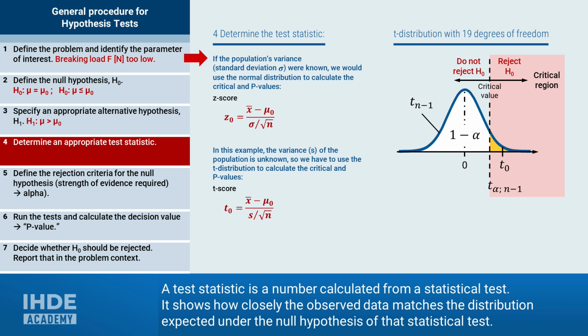If the population is normally distributed and the variance of the population is known, the quantile Z0 of the normal distribution is used for the mean values. This is calculated from the mean of the sample, the mean and the standard deviation of the population, and the sample size. In practice, however, the parameters of the population are rarely known. The more common case is